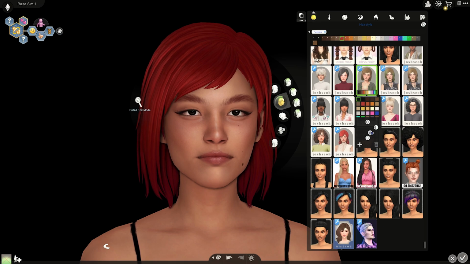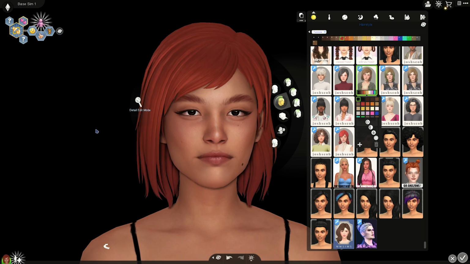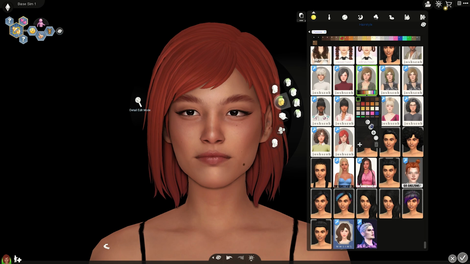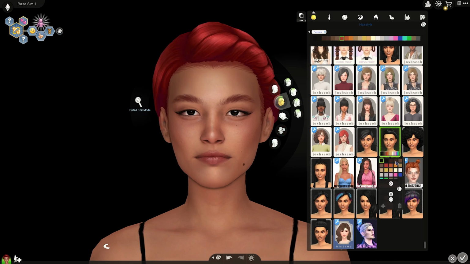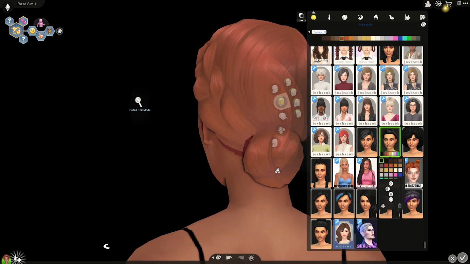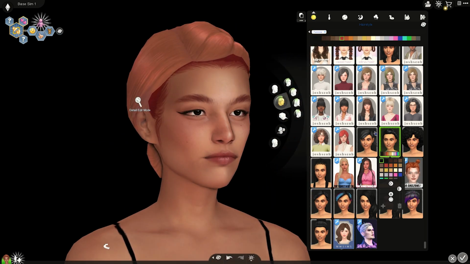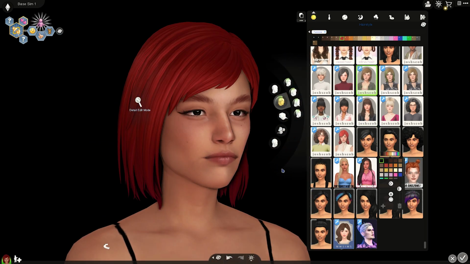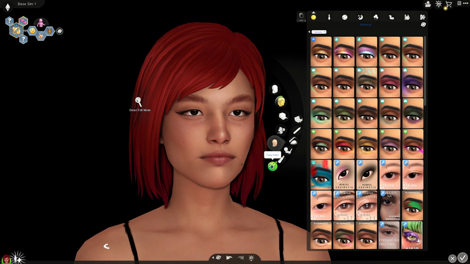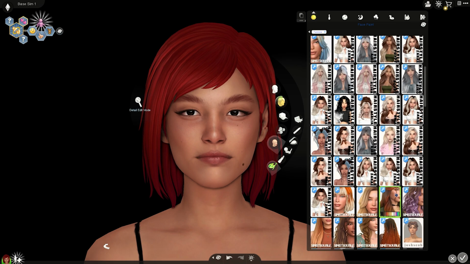Girl, weren't you just working a second ago? Wait, was I doing opacity? Okay, yeah, I was. So I was changing the opacity of it. But usually when I did that with other hairs, it would just make them go bald. Like, I'm pretty sure... Oh, I don't know. Okay, girl, I don't know. We'll do the second option, which is what I showed you before, because I feel like